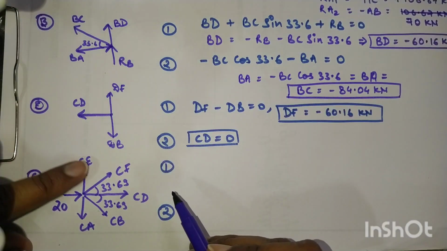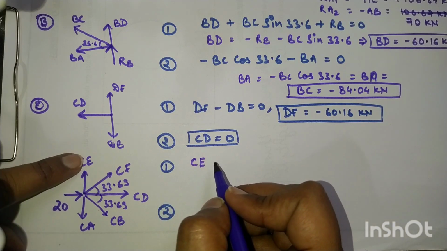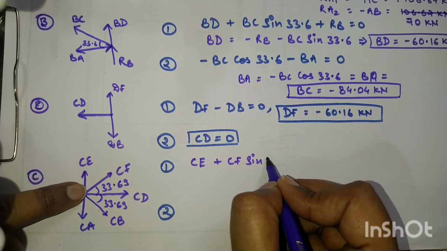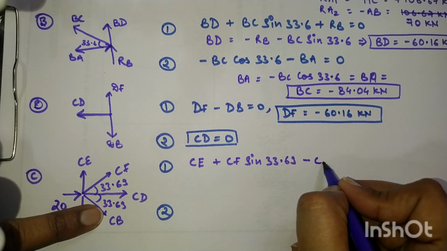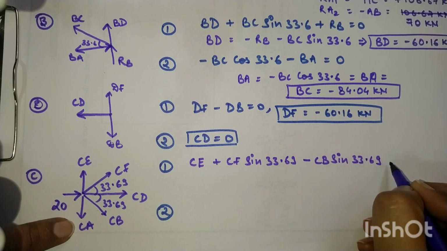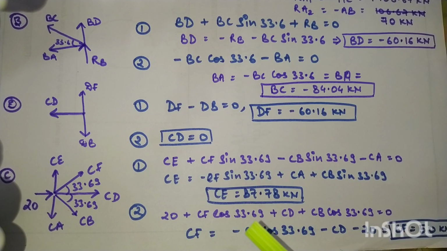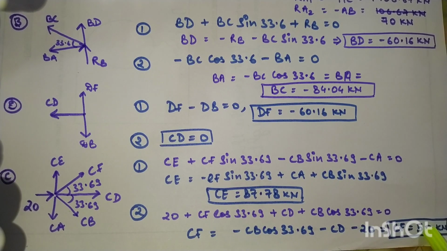It happens. Coming on to the C joint, we will be resolving all the forces CE, CF. These are the vertical forces. I am using sine here, and for your CB I'll be using sine. It is going down, so a negative value will come. We'll be writing all the forces, and your CA, it is typically in the y direction, so no need to resolve that. I am writing all the equations similarly in the x direction. 20 is purely in the x direction. I am writing all the equations and finding out all the member forces here.